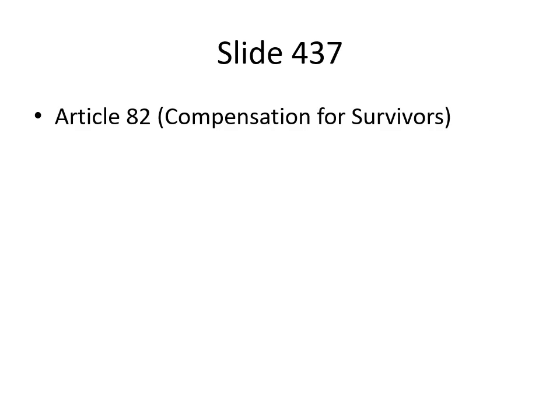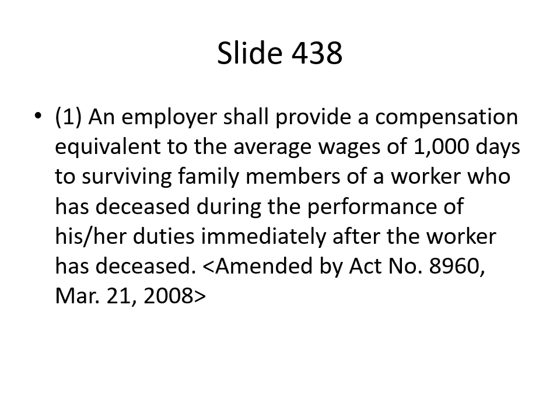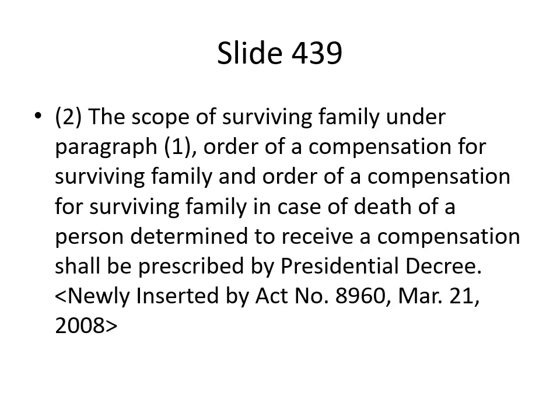Article 82. Compensation for survivors. 1. An employer shall provide a compensation equivalent to the average wages of 1,000 days to surviving family members of a worker who has deceased during the performance of his/her duties immediately after the worker has deceased. <amended by Act No. 8960, March 21, 2008.> 2. The scope of surviving family under paragraph 1, order of a compensation for surviving family and order of a compensation for surviving family in case of death of a person determined to receive a compensation shall be prescribed by Presidential Decree. <newly inserted by Act No. 8960, March 21, 2008.>